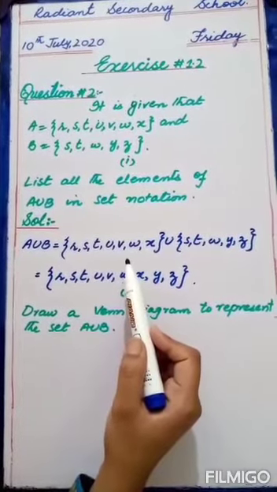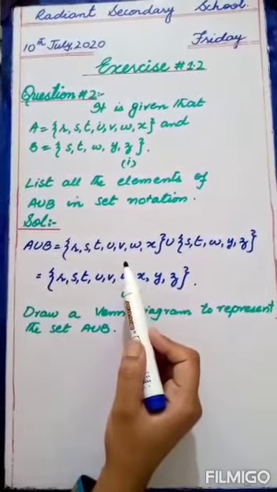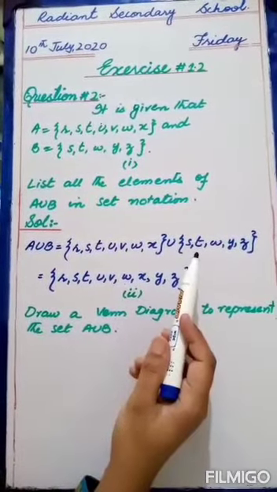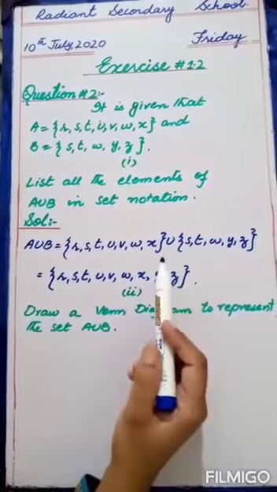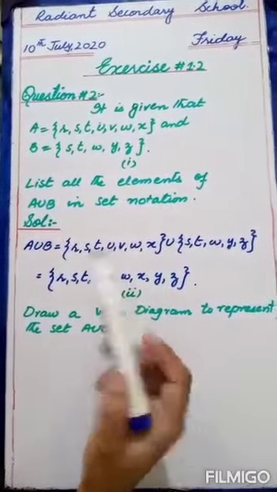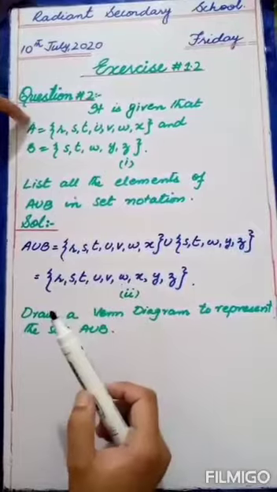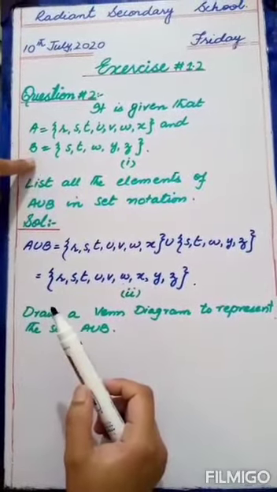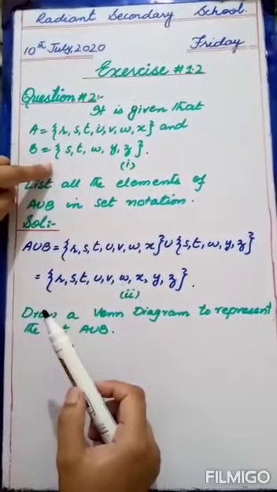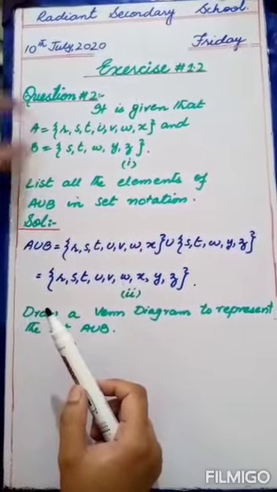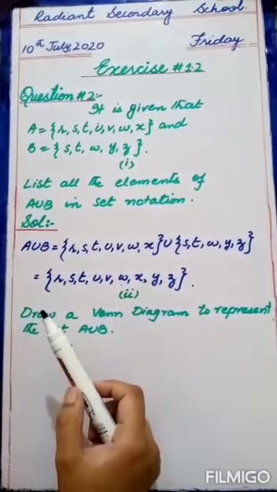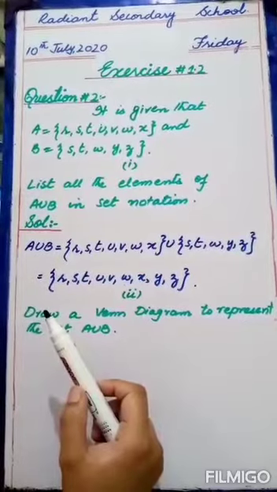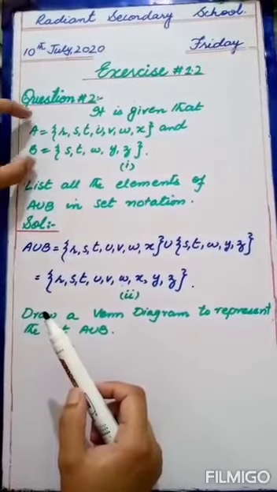The rest of the 2 cases are overlapping and subsets. In subset, if all the elements of one set are present in the other set, then it will be the case of the subset. So first of all, let's check set A. All the elements of set A are present in B? No. And now check for B. All the elements of set B are present in A? No. Okay. Now this is not the subset case also. So the leftover case is the overlapping. So this is an overlapping case.